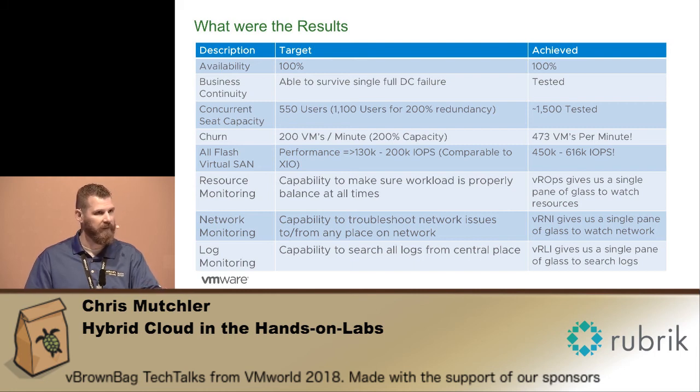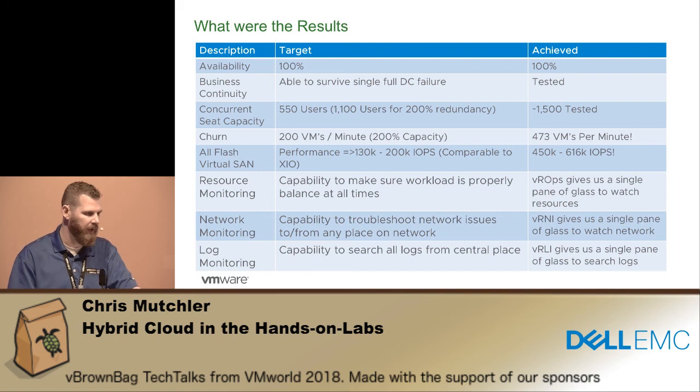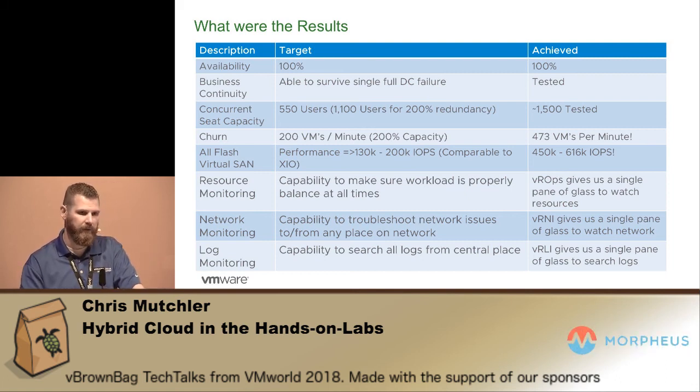In the 2017 show, it was the second day, I think it was Tuesday, and I get a page on my phone as I'm walking around, and they're like, you've got to come back down to the labs real quick, we're having a problem. Well, it just so happened that there was this denial of service attack happening, and we